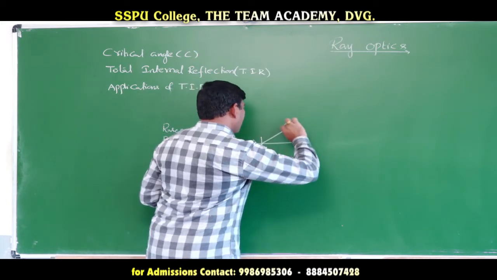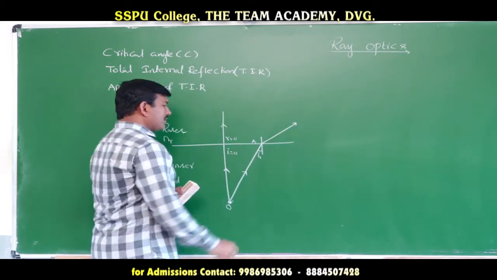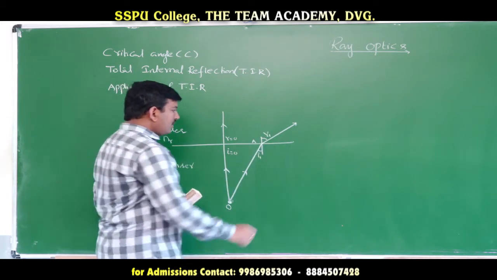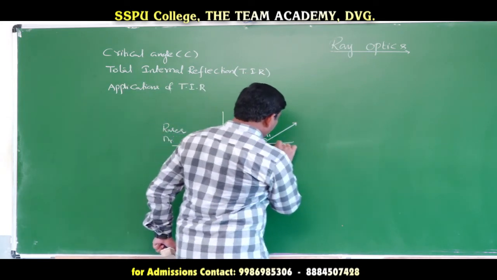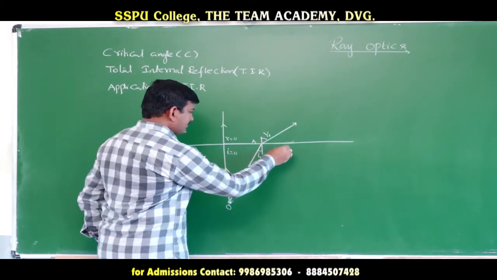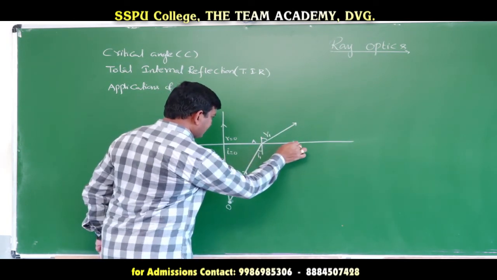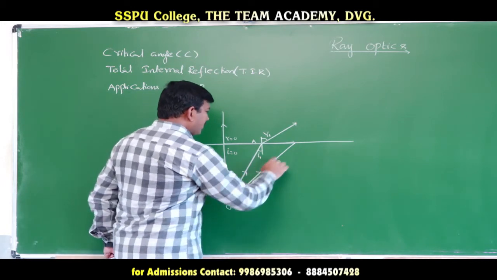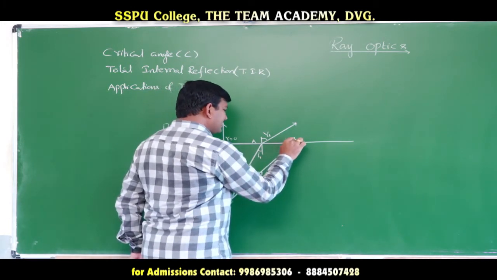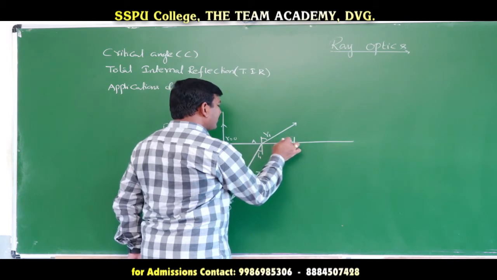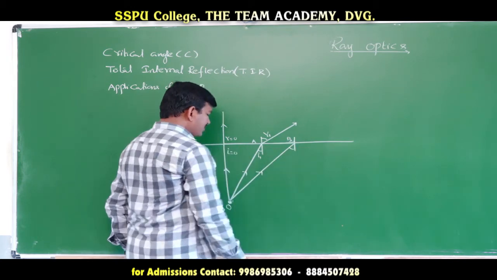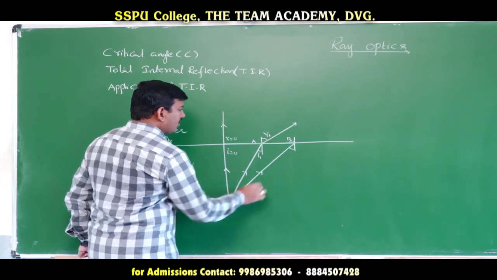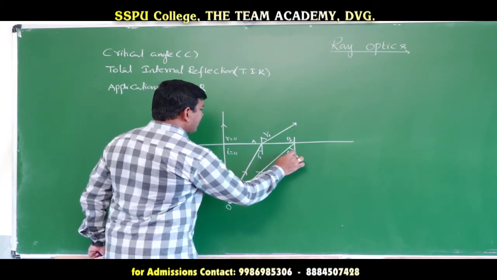Therefore, it will bend away from the normal like this. This is the angle of refraction R1. Now, let me choose another light ray which is incident at this point, originated from the same point O, but moving towards the interface and incident on the interface at the point B. Now, this angle I2, if you see, compared with this angle is more. Therefore, this I2 is greater than I1.